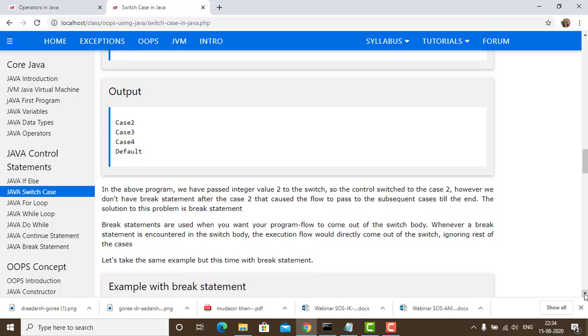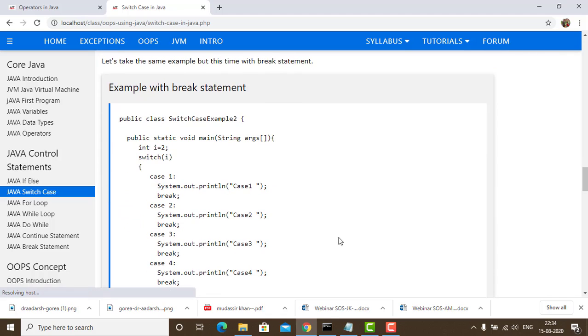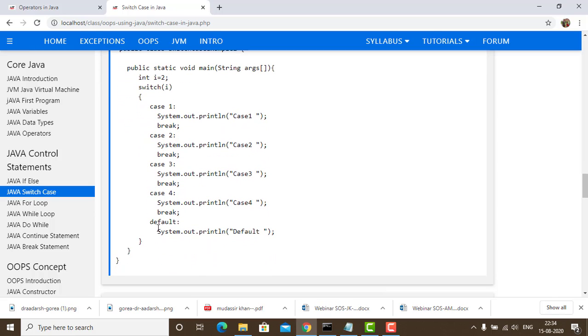Now let us have a look at the next example. In this we have case 1, and after the end of the case statement we use a break statement. Then after the end of case 2 we have a break statement. In the default statement, since it is the last case, we don't need the break statement.